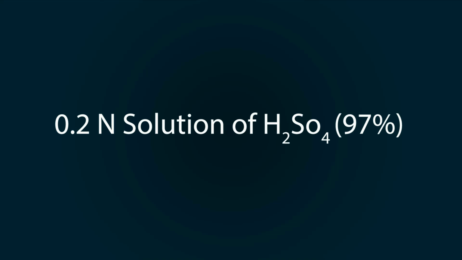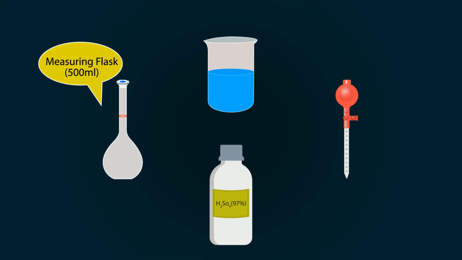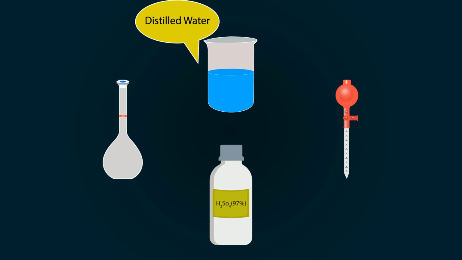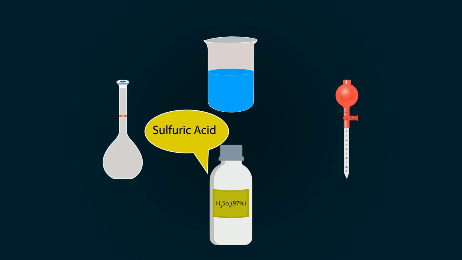So guys, in this video you will learn how to prepare 0.2 normal solution of 97% pure H2SO4. The required apparatus and chemicals are a measuring flask of 500 ml, distilled water in a beaker, a pipette, and a sulfuric acid can. So first of all, we have to find out the molarity of 97% H2SO4 by using a formula, which